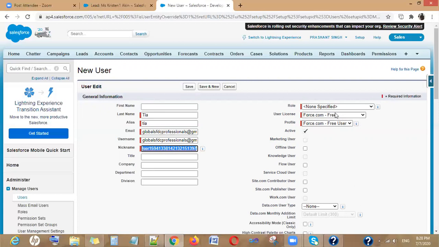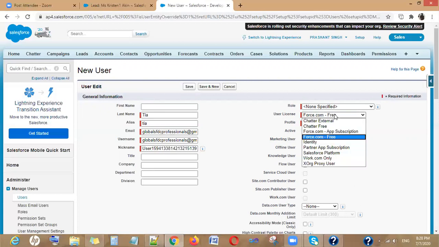Now, choose the license, whichever license you want to choose. This license is important because by choosing the license, you are choosing the profile. Every license has certain profiles inside it. So once you choose the correct license, only then will you get the desired profile.